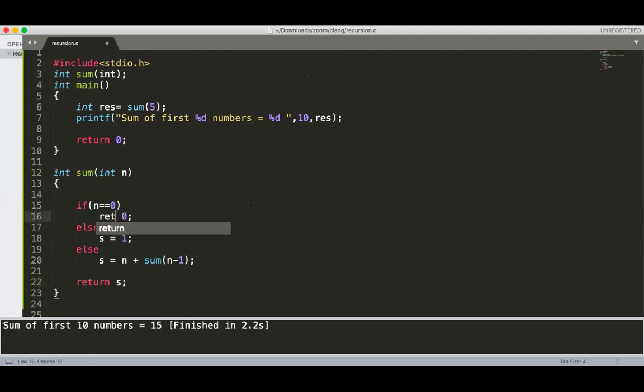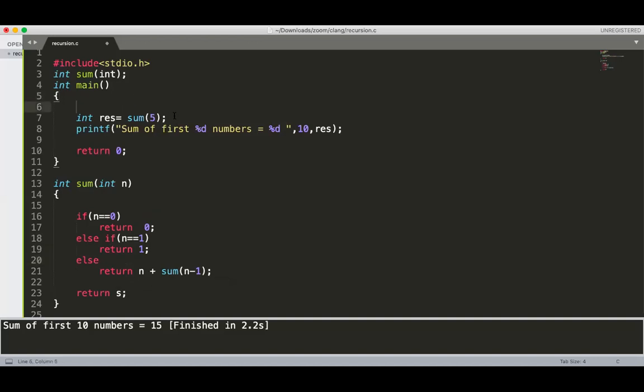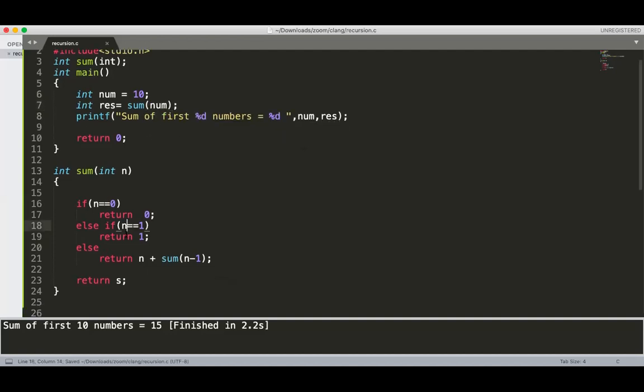Sir, what is that 10 comma res in the printf statement? Because for storing the 10, I have not given a variable here, that's why I put 10 here.